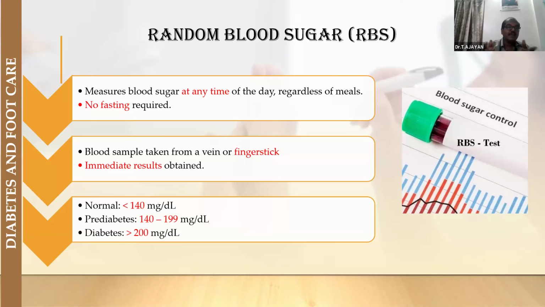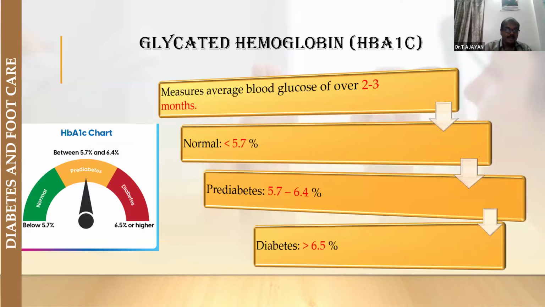But random blood sugar is an immediate result. Normal is up to 140, pre-diabetic is 140 to 199, and diabetes is greater than 200. No fasting is needed. Then for the treatment side, nowadays, with the help of glycated hemoglobin, that measures the average